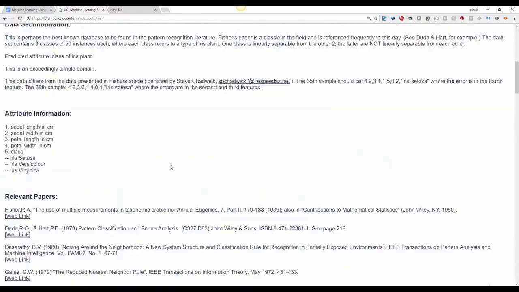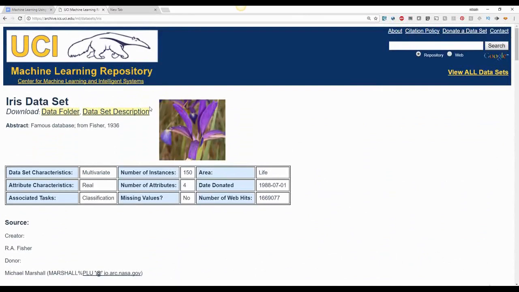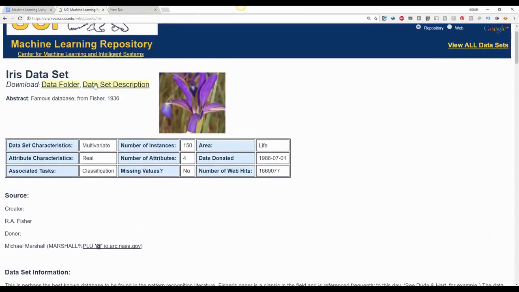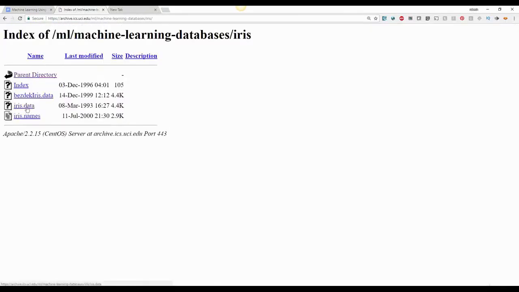So this has this publicly available data, and if you use this website, there are tons and tons of data sets that you can use in practicing your machine learning algorithms as well. All right, so let's see if we can download this data. So data folder, yeah, we have iris data, and this looks like it, let me copy the URL, and let me